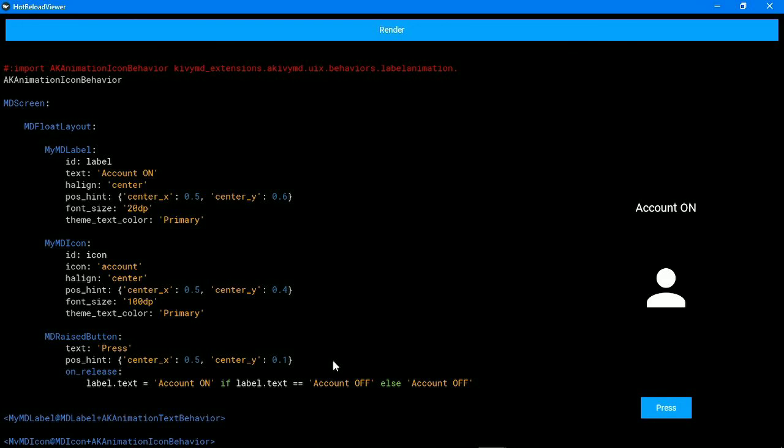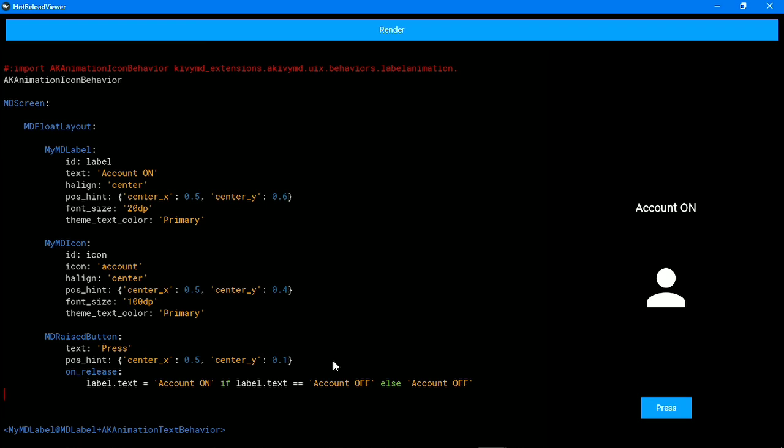What is happening here is when we press the button, the label's text toggles between on and off states. Similarly, we can write the same logic for the icon.